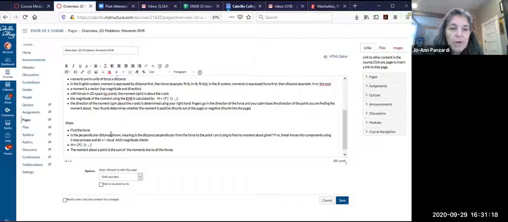So we look at where the force is. Do you know the perpendicular distance between the force and the point in question? And if not,